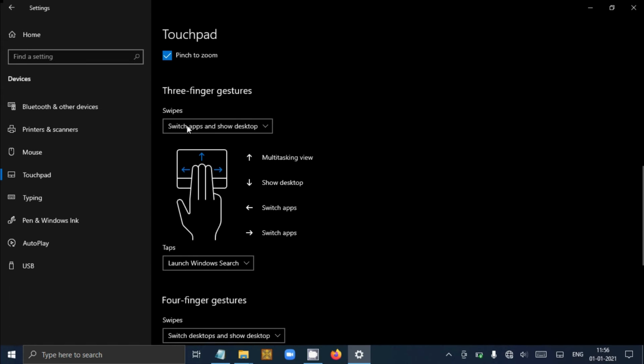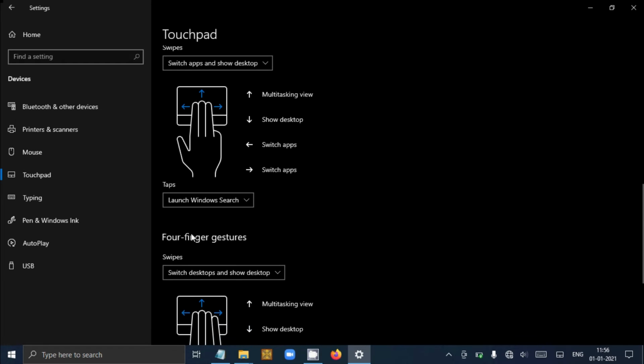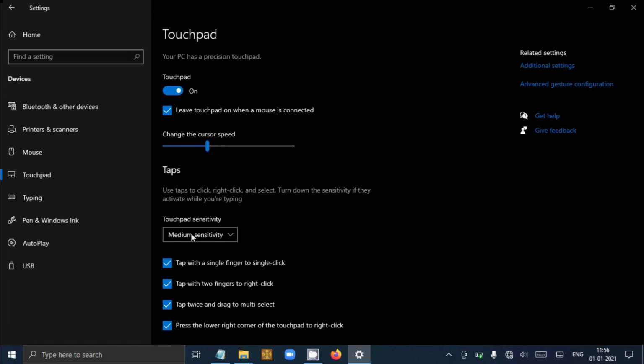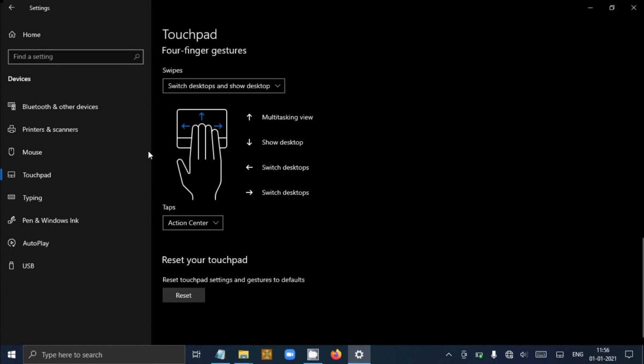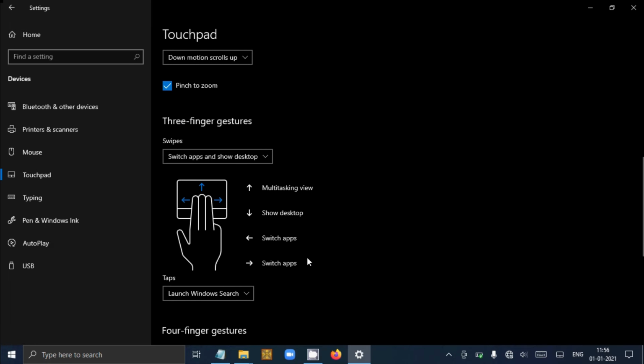This is amazing: switch apps, show desktop, launch window search. You can take multiple views, show desktop, and switch apps. With three fingers to the right side, you switch apps, and to the left side, you switch to another app.